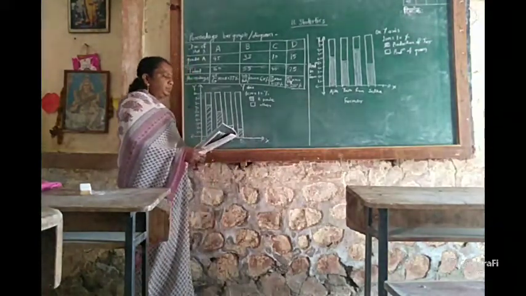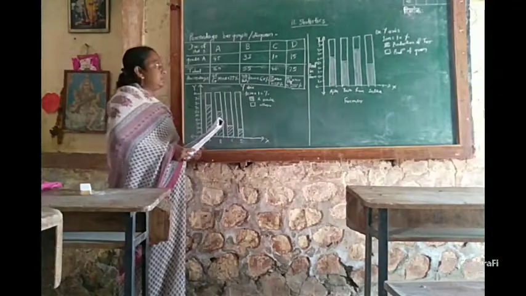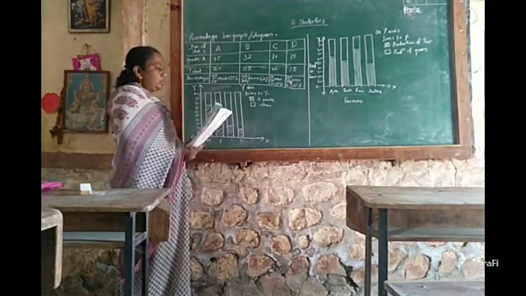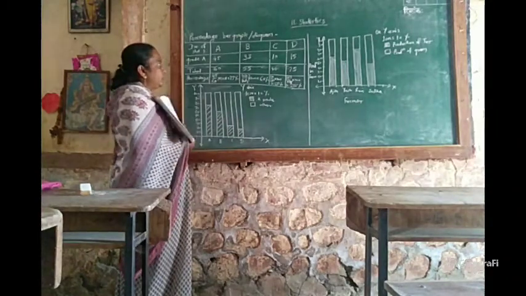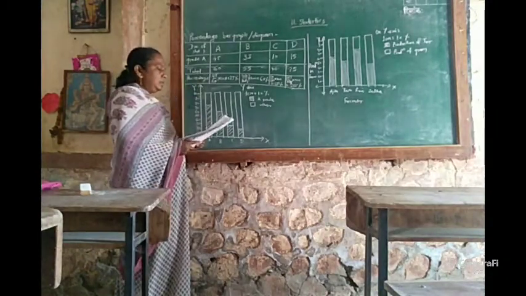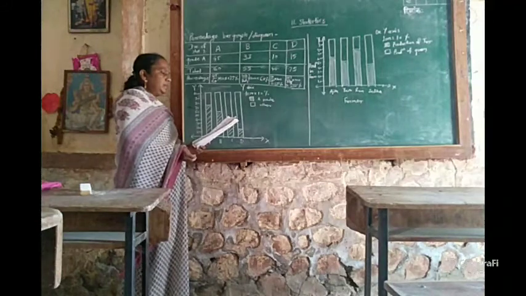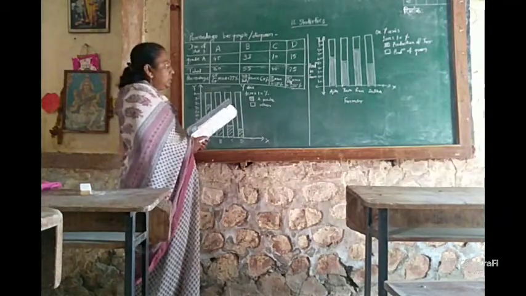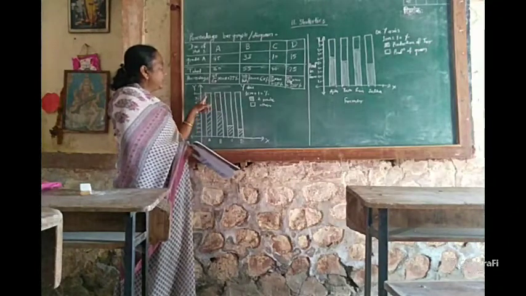The first step is to prepare a table as follows. Here they have given the table directly, so it is easy for us. When only information is given, we first have to prepare this type of table. This is the first step. Then in a percentage bar graph, all bars are of height 100 units. You have to draw all bars as 100 units. You can see this in this graph.